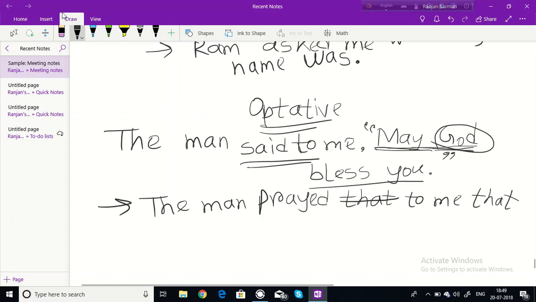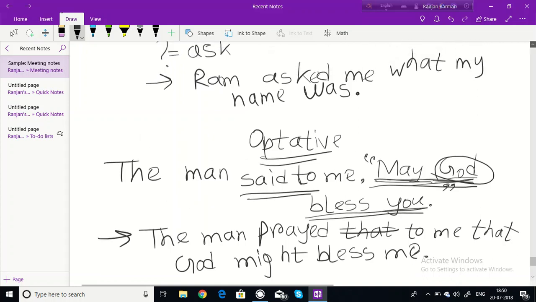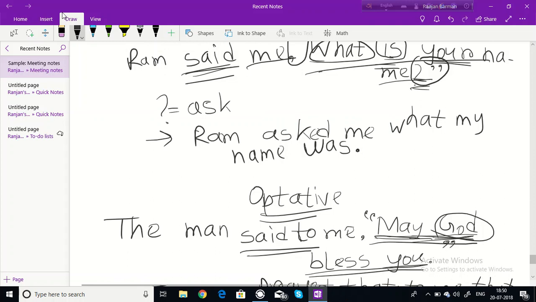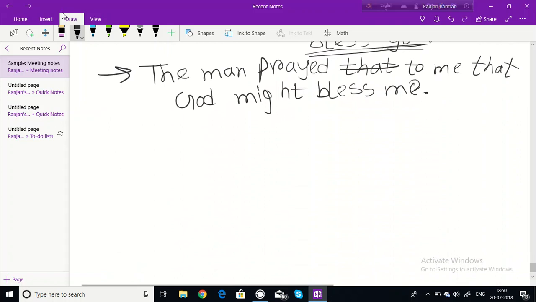And here we transform the sentence into assertive, like we transform it into the assertive, and like this we have to transform this. And another example is,